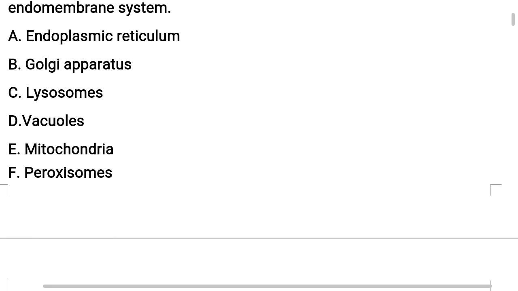Why are these called by a specific name, endomembrane system? Because in the endomembrane system, though many organelles are present, the functions of all the cell organelles are coordinated with each other. Understand? While each of the membranous organelles is distinct in terms of its structure and function, many of these are considered together as an endomembrane system because their functions are coordinated with each other. Understand? So now let us eliminate